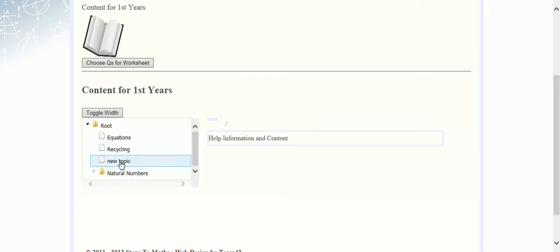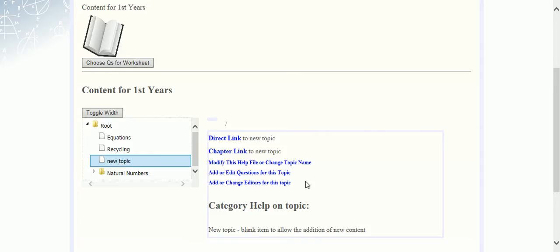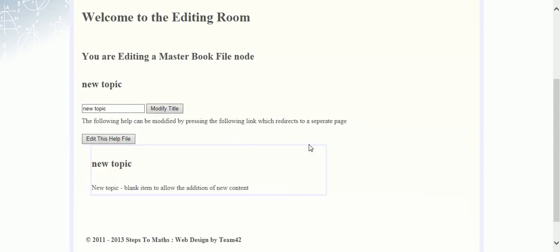In order to do that, we're going to click on new topic. So we've clicked on new topic and we want to change the topic name and then modify the content of that topic. On the right hand side here, we're going to click on where it says modify this help file or change topic name. That brings us to the editing room, allowing us to change the topic name